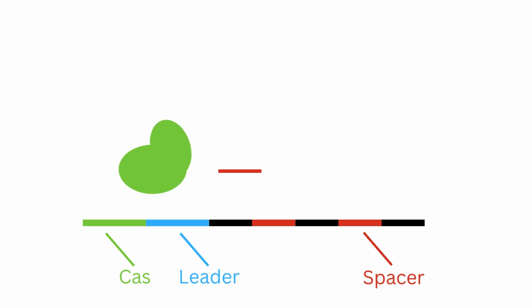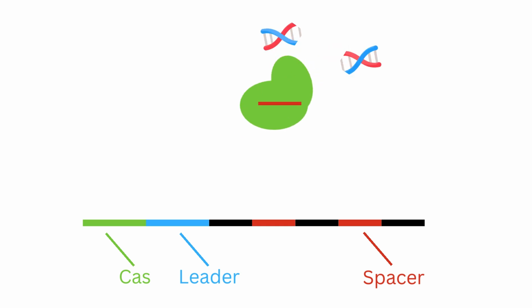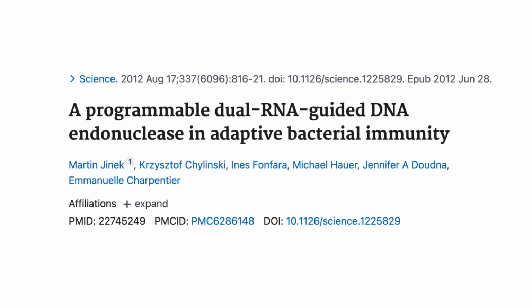Following transcription and translation of the Cas proteins, these components assemble into a complex capable of cutting at a particular sequence of DNA. The transcribed spacers, once processed from their pre-CRISPR RNA stage, act as the guide for an endonuclease enzyme, such as Cas9. This guide RNA, along with the protospacer adjacent motif just downstream of the target DNA sequence, are what give CRISPR-Cas systems their specificity. In their 2012 publication that culminated in a Nobel Prize, Doudna, Charpentier, and colleagues showed that the sequence of the guide RNA can be programmed to cut at a desired location within a genome,